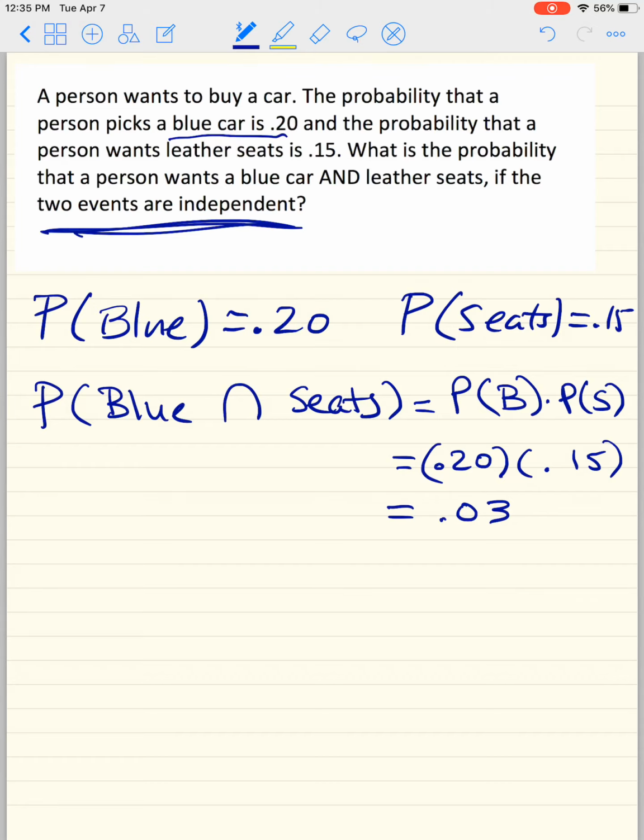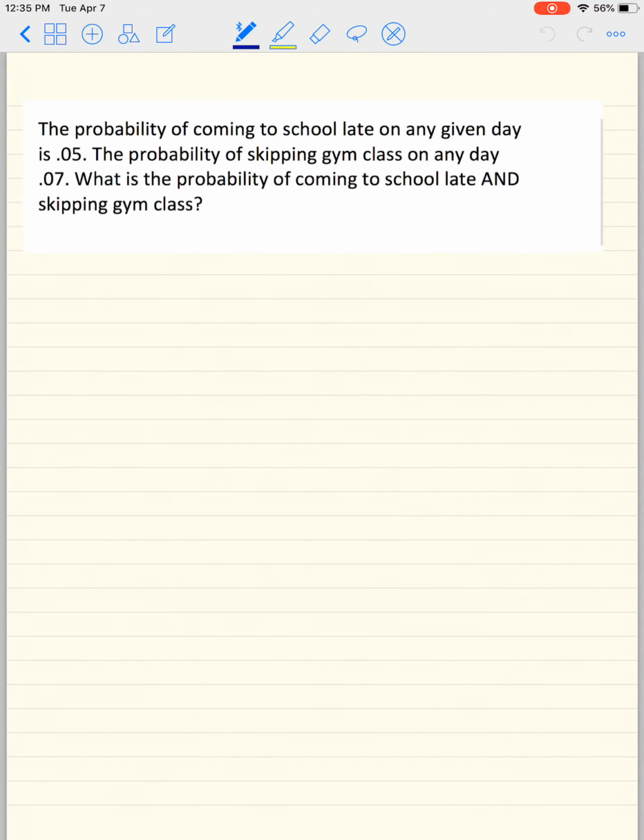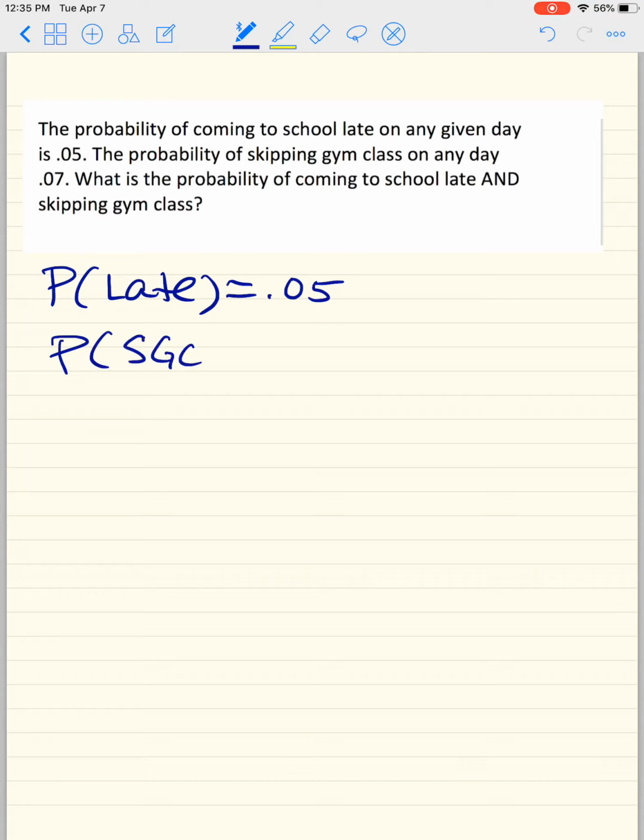Let's try another example. The probability of coming to school late on any given day is 0.05. Not bad, guys. So that's going to look like this. Remember, notation and neatness is so important. Make sure your decimals are perfect. The probability of skipping gym class on any day, so let's say skipping gym class is 0.07. What is the probability of coming to school late and